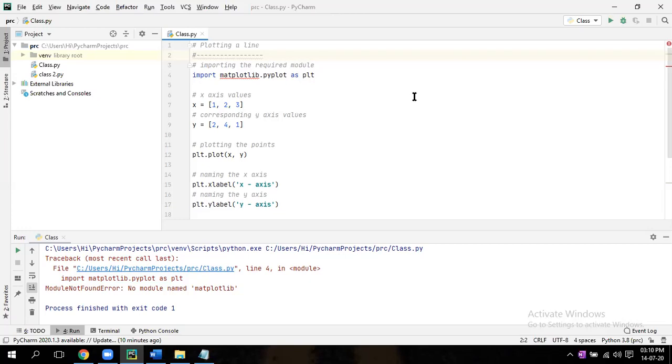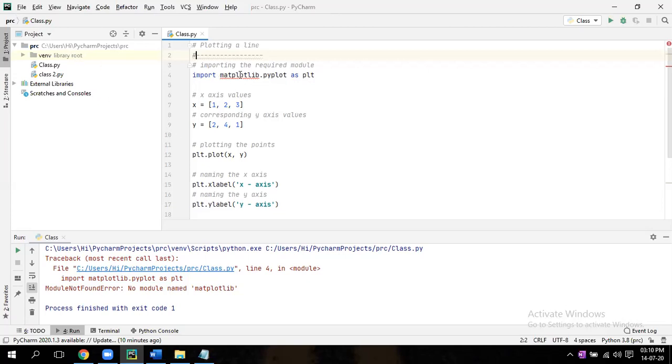You have to install it in different ways. In PyCharm, right click there, inside the code.